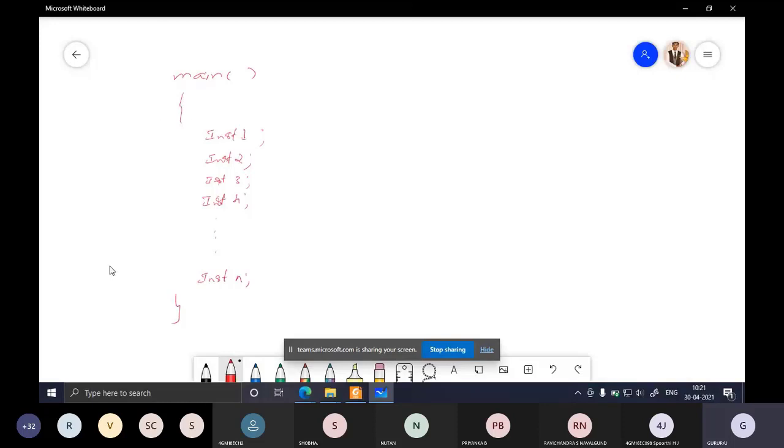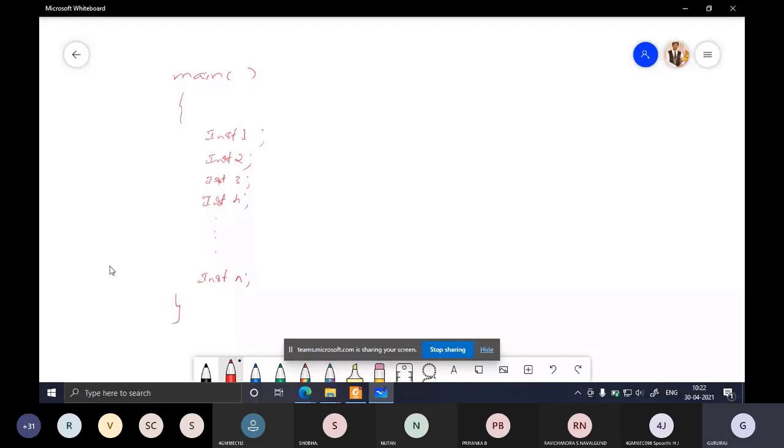Whatever you write, those instructions will be executed in a sequential manner, one after the other. First instruction 1 will be executed, then instruction 2, then instruction 3, like that, until instruction n is executed and the main program is complete. This is how you usually write code. The same holds for assembly coding. Instruction 1 can be any assembly code, such as move a comma b, add a comma b, or multiply a comma b. All these are instructions.